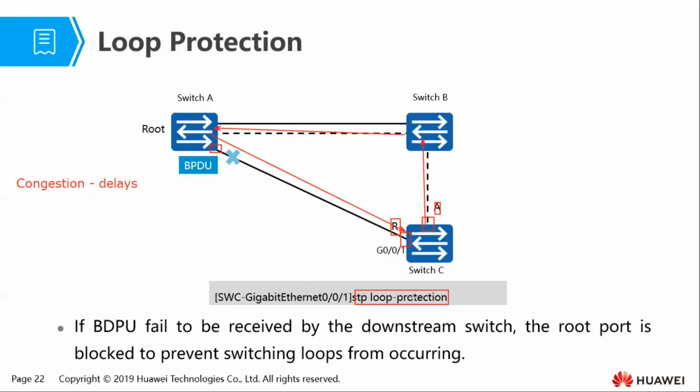After the loop protection function is enabled, the root port is blocked if it cannot receive BPDUs from the upstream switch. So it's blocked completely. As we enable the alternate and make it our new root, we have blocked the previous root and it cannot forward user traffic or learn MAC addresses. So that is what we call